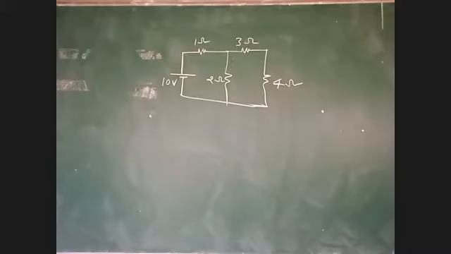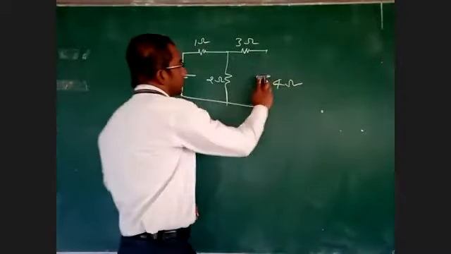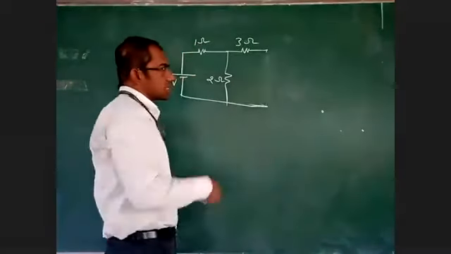Now tell me, in the problem where they are asking, in which resistor? 4 ohms. So we have to open this one. Suppose if they ask 3 ohms, we have to open 3 ohms. If they ask 2 ohms, we have to open 2 ohms. If they ask 1 ohm to determine current, we have to open 1 ohm. But they are asking 4 ohms. That's why I am opening these 4 ohms. This is the first step in Thevenin's theorem.